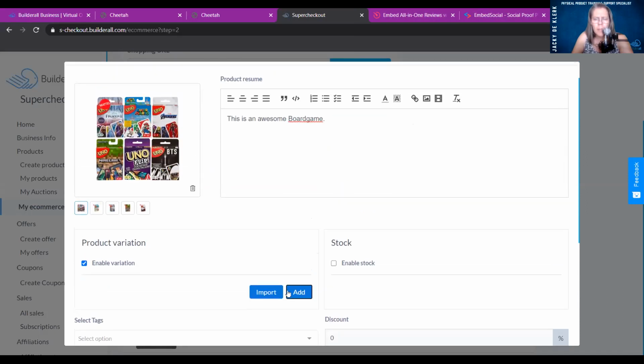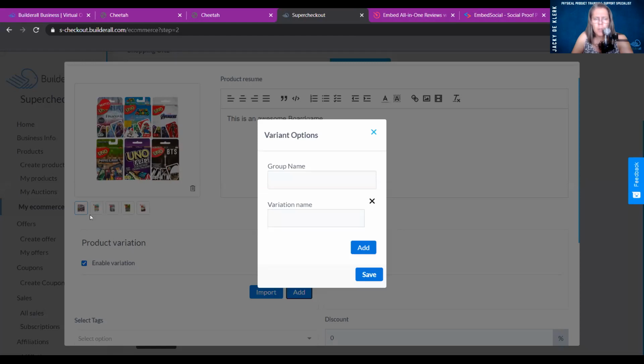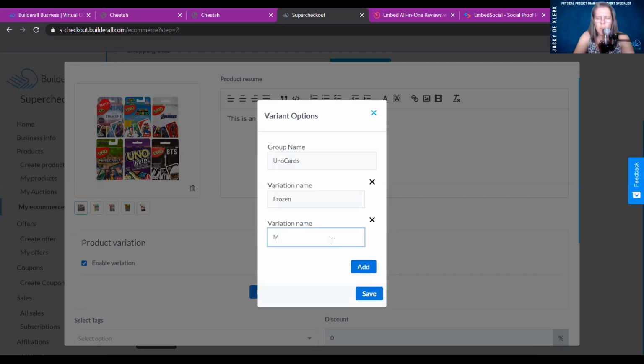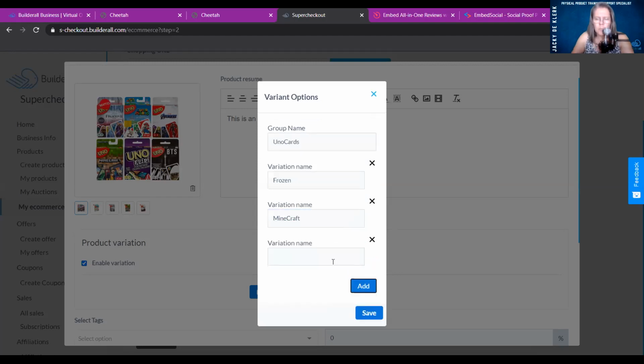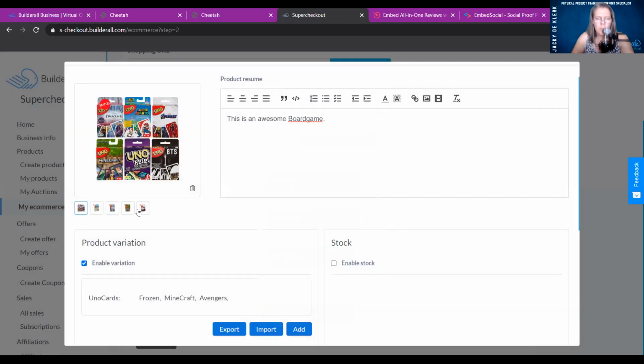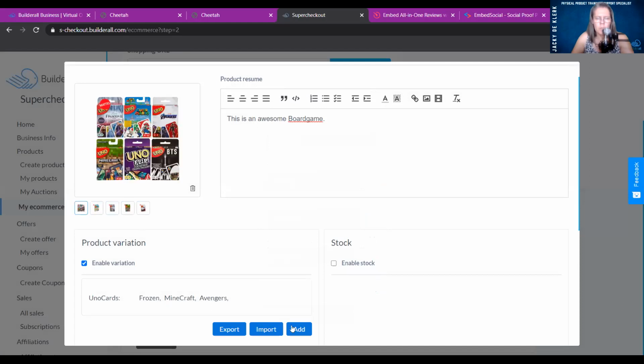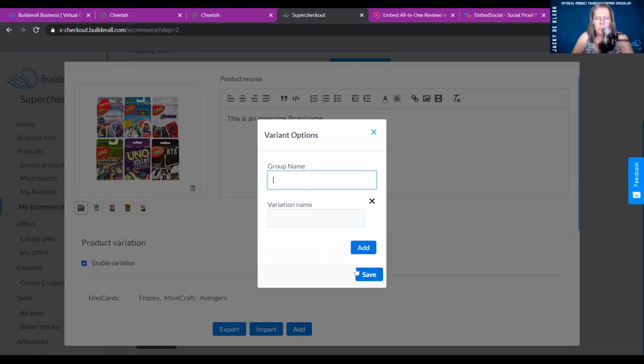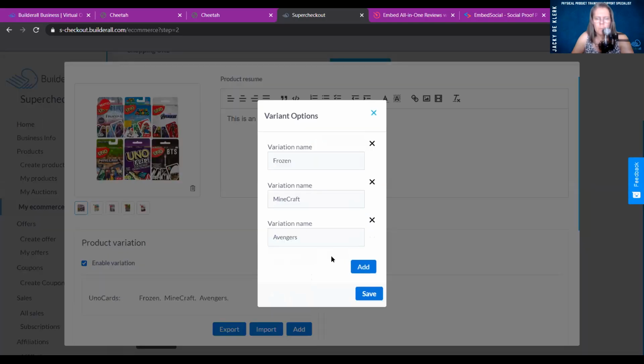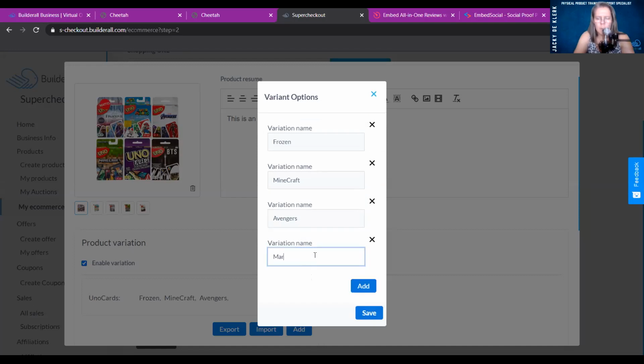All right, so we know we've got those 4 different kinds of products. I don't actually know what they are. I think it's Frozen is the one. But okay, this is Uno cards. And the one is Frozen. The other one is Minecraft. And the other one is Avengers. And I don't know what's the other one. Let me just see. Avengers, Minecraft, Frozen, Mario Bros. Okay. The other one is, sorry. Add Mario